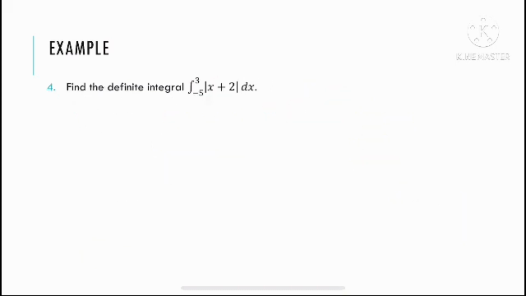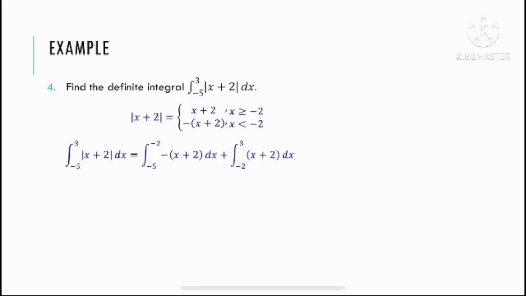This example involves an absolute function. We have to define this function first, where it becomes a piecewise function. Now we can find the integral for the function. Since the limit is from -5 to 3, so the integration equals to the sum of two integrals, where it equals to the